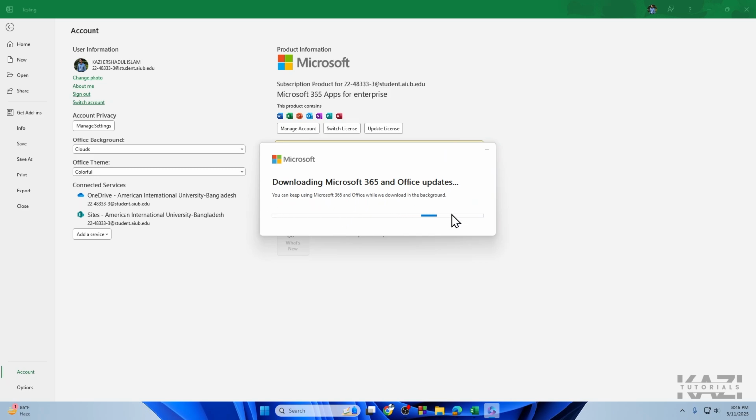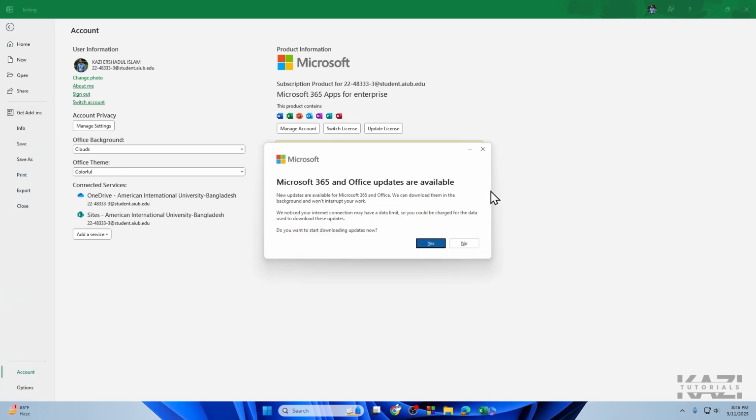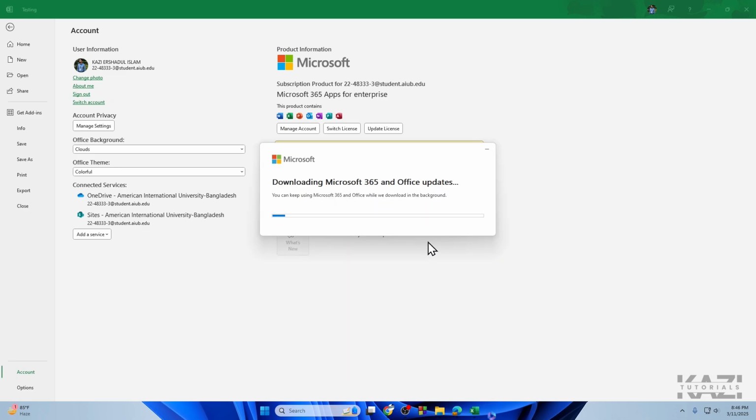As you can see, the update is running in the background. So as you can see guys, Microsoft 365 Office updates are available. If you get this option, you can simply go with Yes and it will start downloading the Microsoft 365, or you can say the Excel updates for you. So that's how you can simply check for